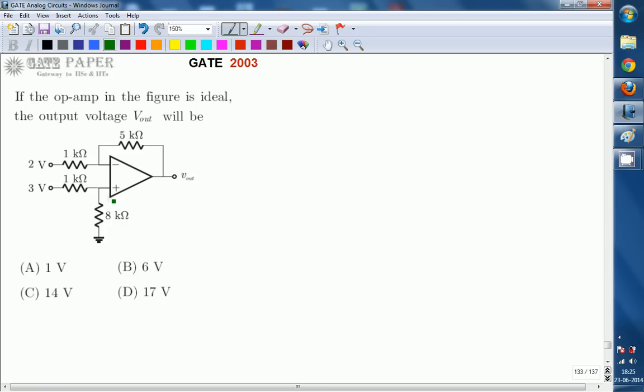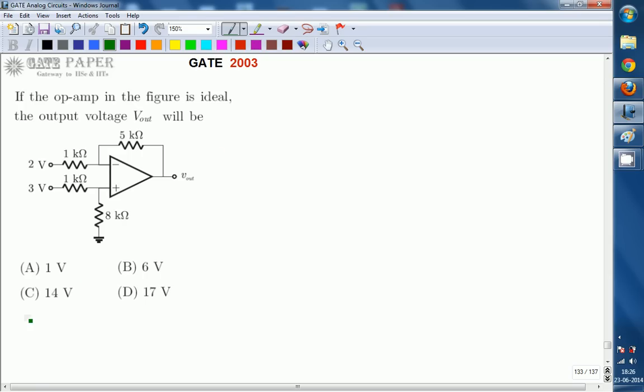The superposition theorem says that the overall response of any circuit consisting of multiple sources is the sum of individual responses due to each individual input source. While considering one input source at a time, all other input sources must be grounded, that is, not considered. If they are current sources, they must be taken as open circuit. If they are voltage sources, they will be treated as short circuit. Here we have two sources, and both are voltage sources, so we will consider one voltage source at a time.